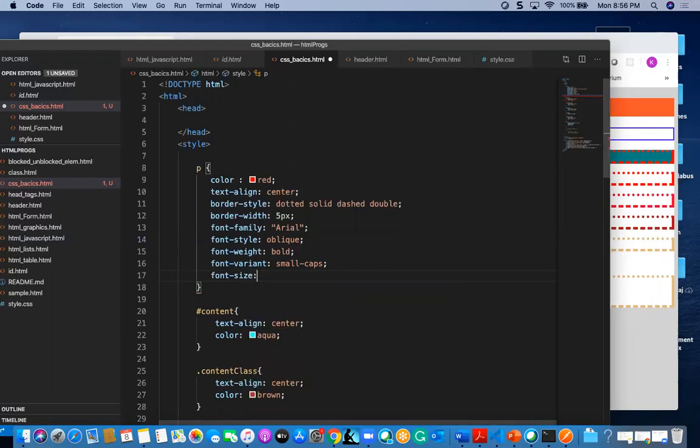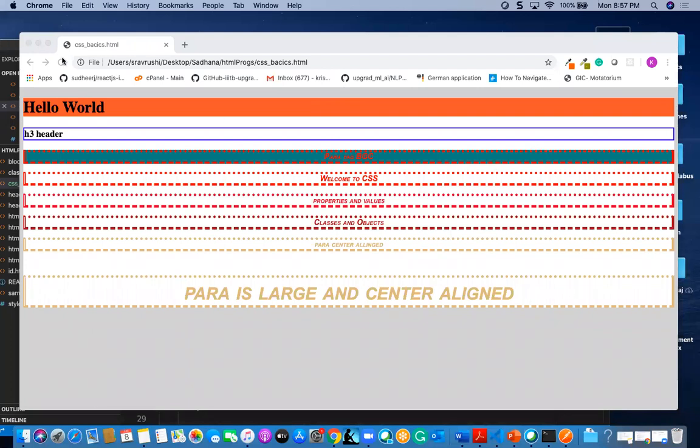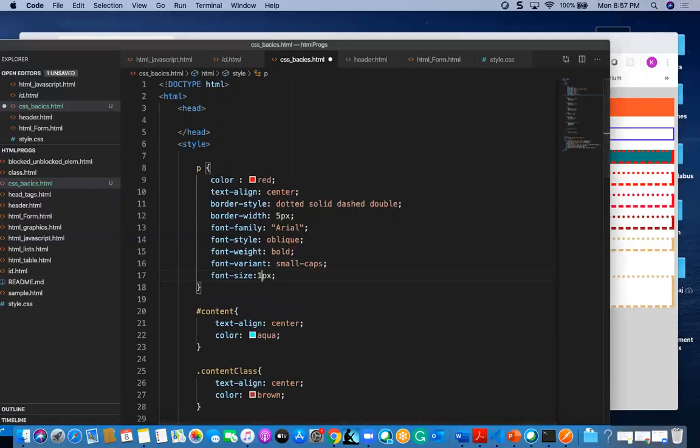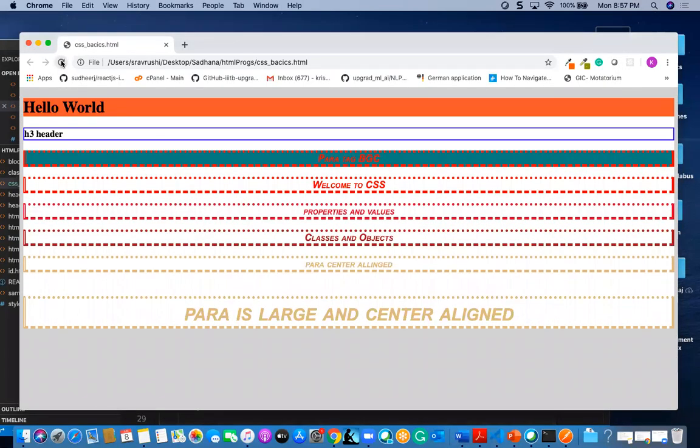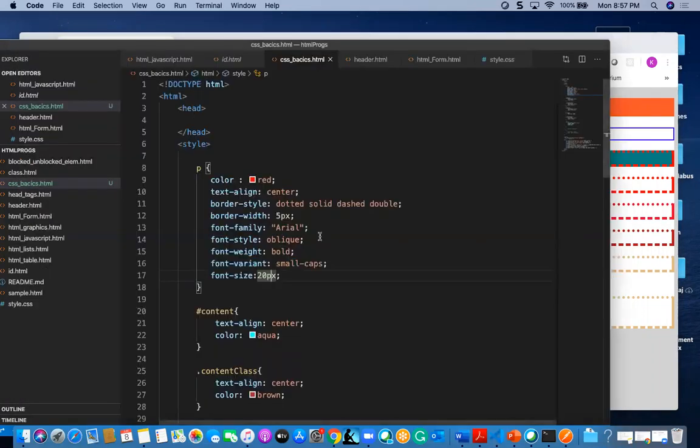Here I can mention some 16 pixels, and I will remove this small caps, put this and check. Yes, I can see the increment in the font size. This is the font size property.